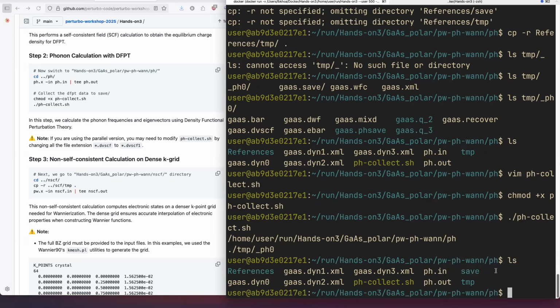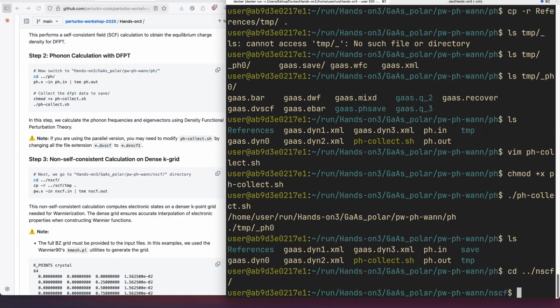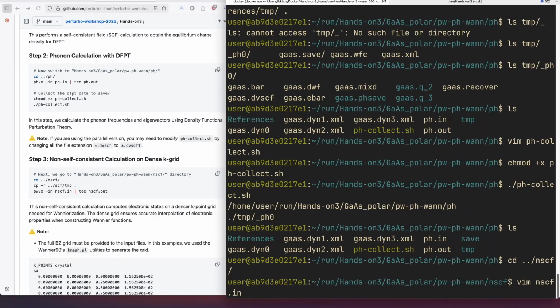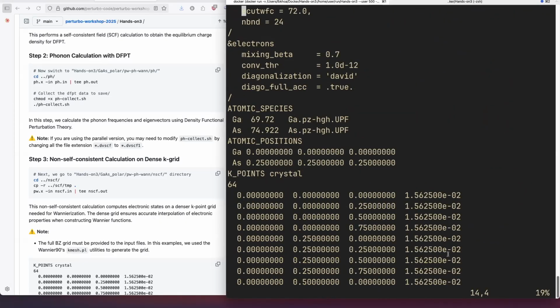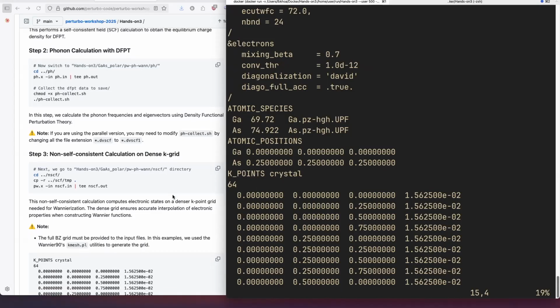Okay, so now we have the phonon potential. The next part is to perform a non-self-consistent calculation with our specified k-grid. If you go to the NSCF folder and look into the NSCF input, you go down to the k-points. You see that these are the k-points that you must manually provide, which can be very simple with the utility in